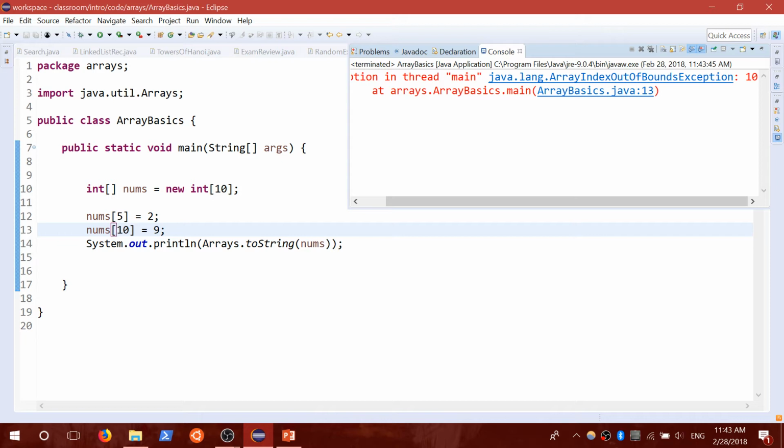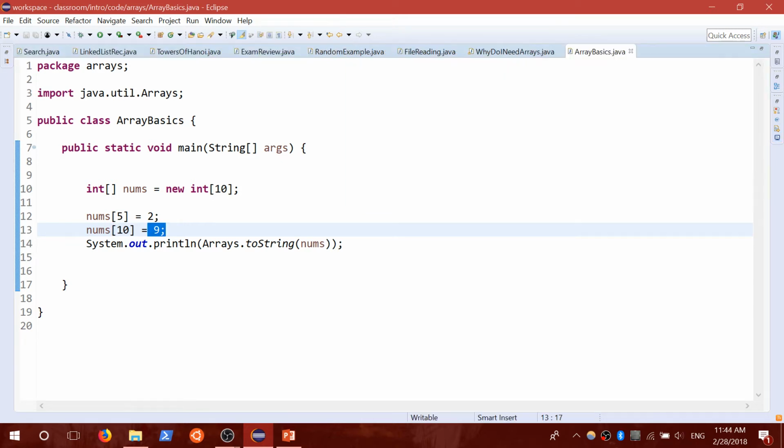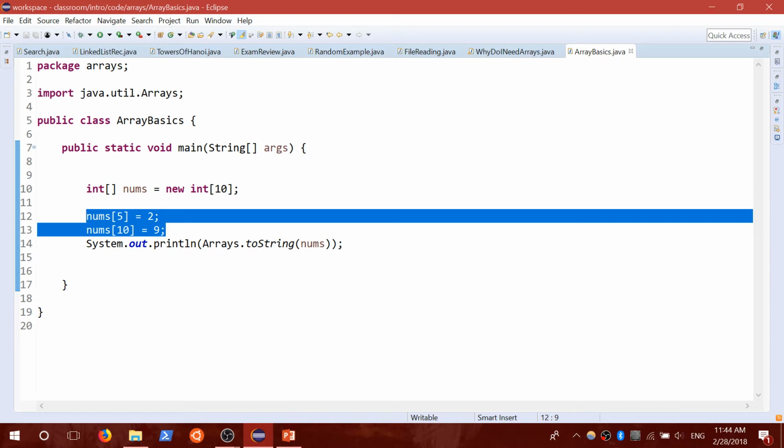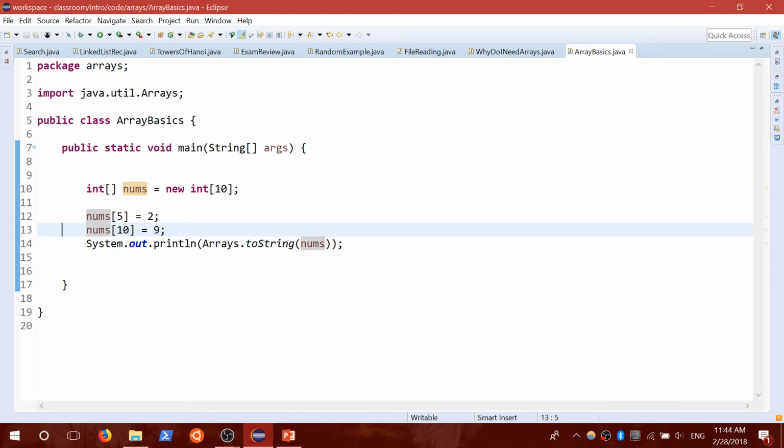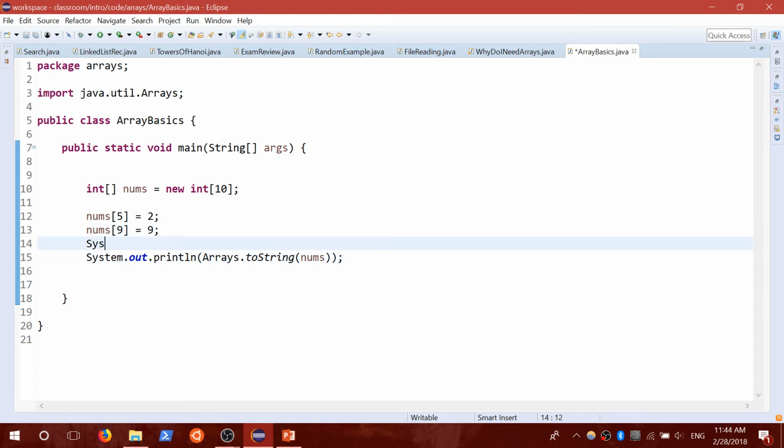Okay? You cannot change the size of an array. So let's go ahead and start, so that's kind of the basics there. If I wanted to print out something specific, like a specific index, I would just simply do